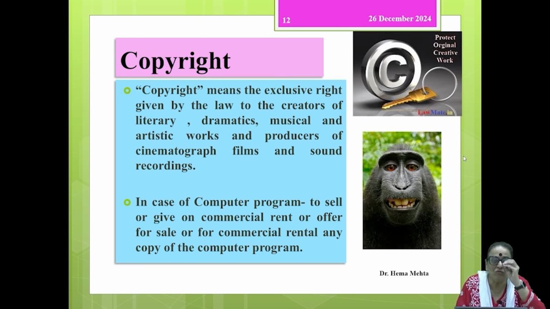And he could see his own replica, not able to understand whether it was his own image. He felt there is another chimpanzee inside this particular instrument. So the way he was trying to show the expression, the same was getting reflected on the lens. And when he smiled, there was a sudden click. This picture became very popular.